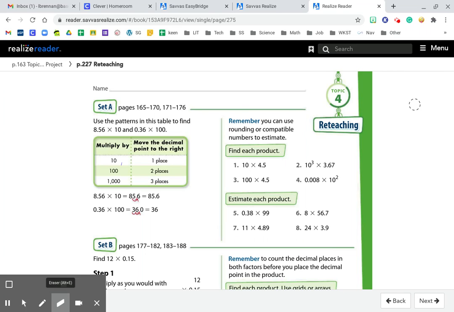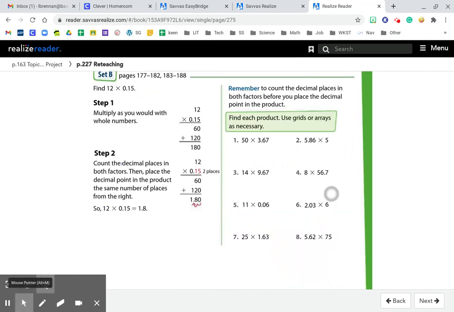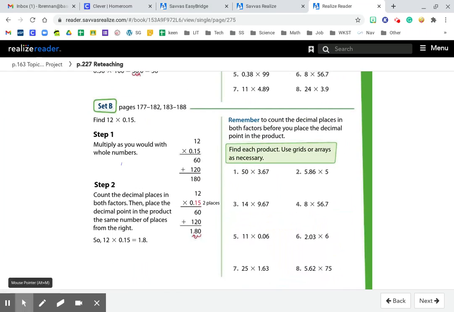Set B. We are doing the algorithm. Remember to count the decimal places in both factors before you place the decimal point in the product. So for this, we're going to go through and do each problem one by one. So number 1 in your notebook,